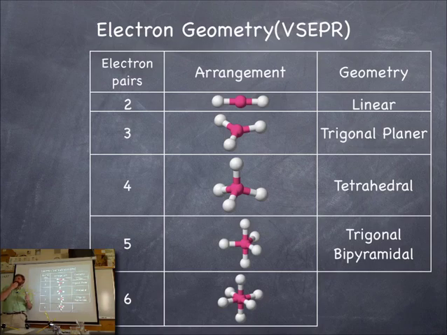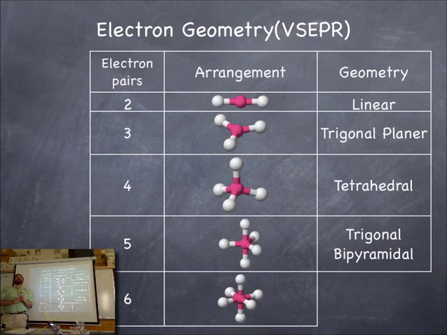Yes? I was just wondering, in the picture of the arrangement of electron pairs, next to each line there's 2 electrons. Why is there like 2 electrons at the end of each line? We're talking about lone pairs. We're just arranging electrons. Can it also be an atom? It could, and we're going to go into that in just a sec. A couple minutes. What if it was something like